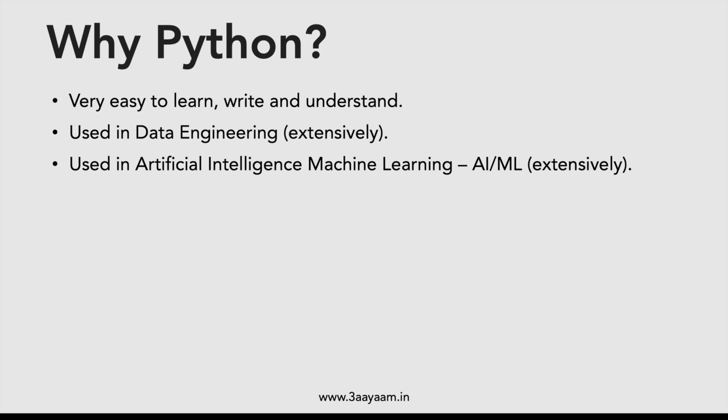The data that goes through the entire data engineering pipeline, and is finally cleansed and stored, becomes an input to machine learning. One of the first stages of the machine learning pipeline is data pre-processing. To pre-process data, you have to make sure that your data is perfectly clean. That's why machine learning is a natural progression of data engineering. So if you know Python, you can work on data engineering and also create machine learning models using Python libraries.